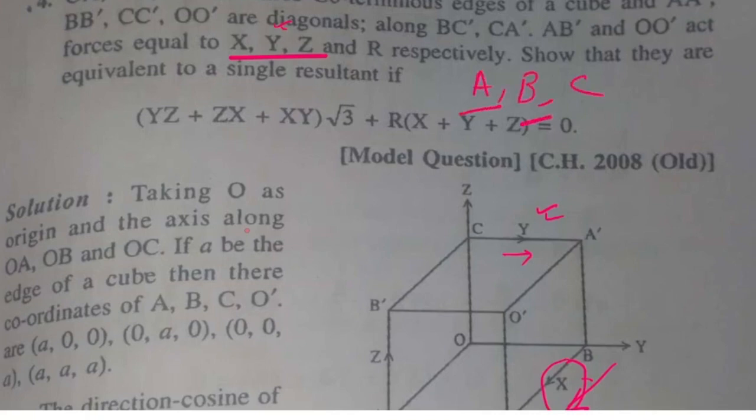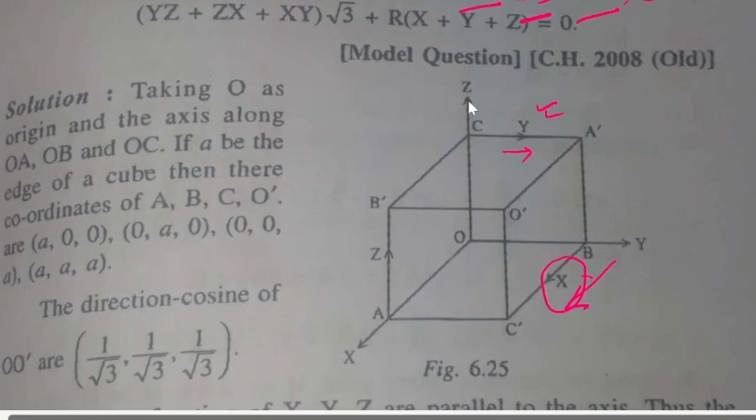A along the X axis, B along the Y axis, C along the Z axis, and R along say R or D along the other line. Let me see what line they are pointing out here. So up to X, Y and Z. Z for Z, AB dashed. AB dashed, let me search in the figure, this is AB dashed. This is parallel to the Z axis. And corresponding to O dashed, R. Okay, so O dash is the diagonal as I said before. This is O dash. You can easily imagine it as a three-dimensional figure, a cube. So this O dash is a diagonal. Okay, so along it acts the